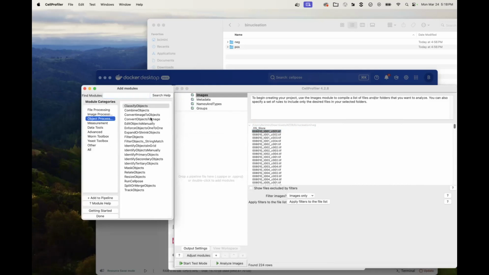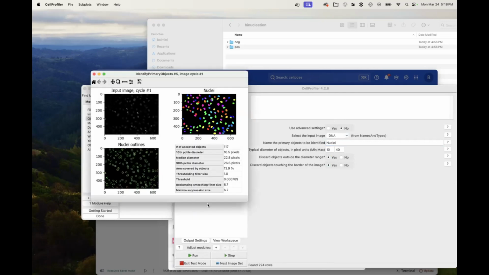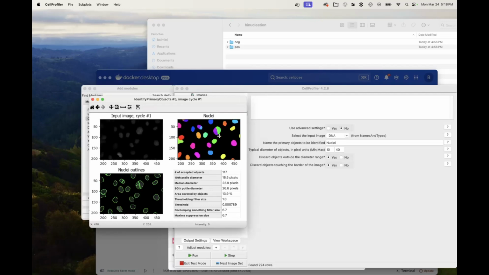In our object processing, we always start with Identify Primary Objects. What primary objects means here is that we're building an object based on only one piece of information, the image. It'll become clearer when we look at Identify Secondary Objects, where we have a second piece of information. If I go into test mode and leave the default settings on for now, this probably won't work... oh, that actually worked pretty well for default settings. It's almost like we tuned those for a reason. These aren't perfect, but they're not terrible.